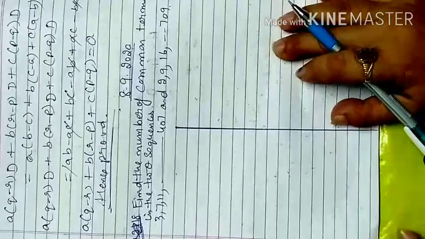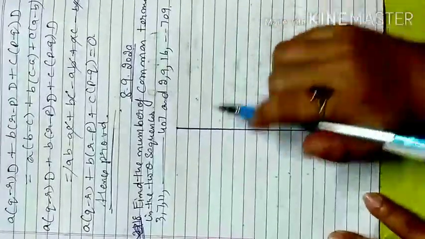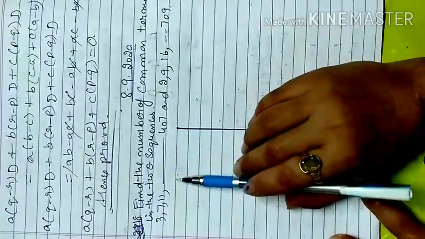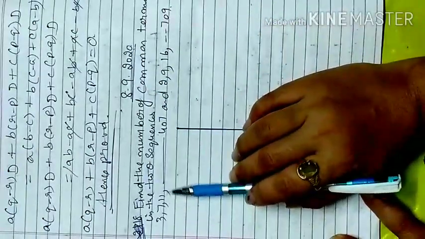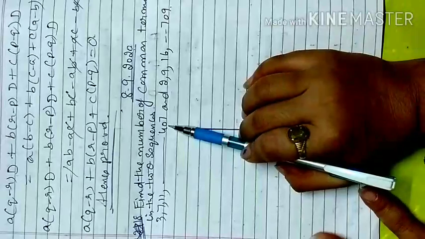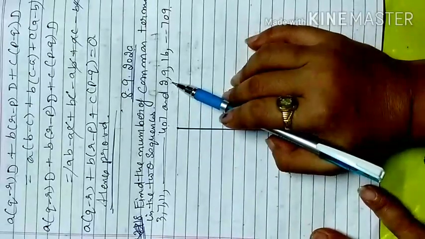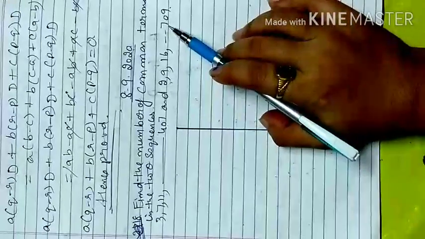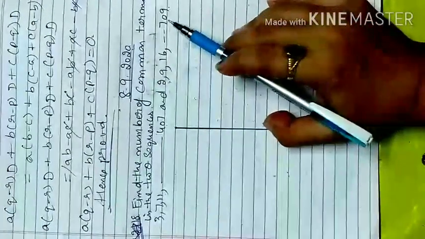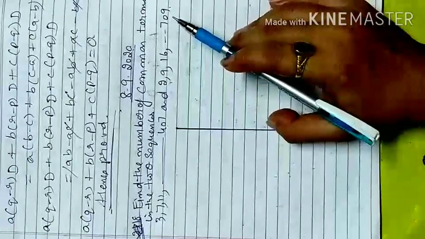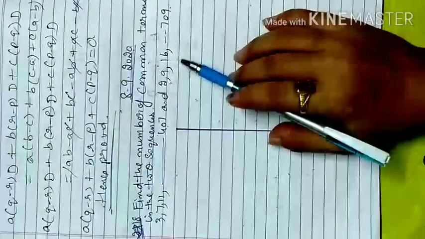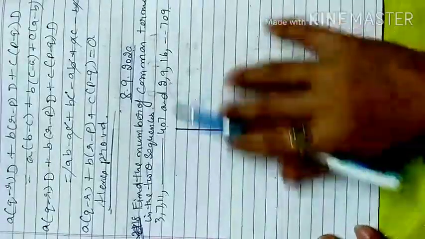So under this your 18th question is find the number of common terms in two sequences. You have two sequences: 3, 7, 11 up to the last term 407, and starting from 2, 9, 16 and the last term is 709. That is the last term value. So now in this case you have to find how many common terms, the quantity of the common terms between